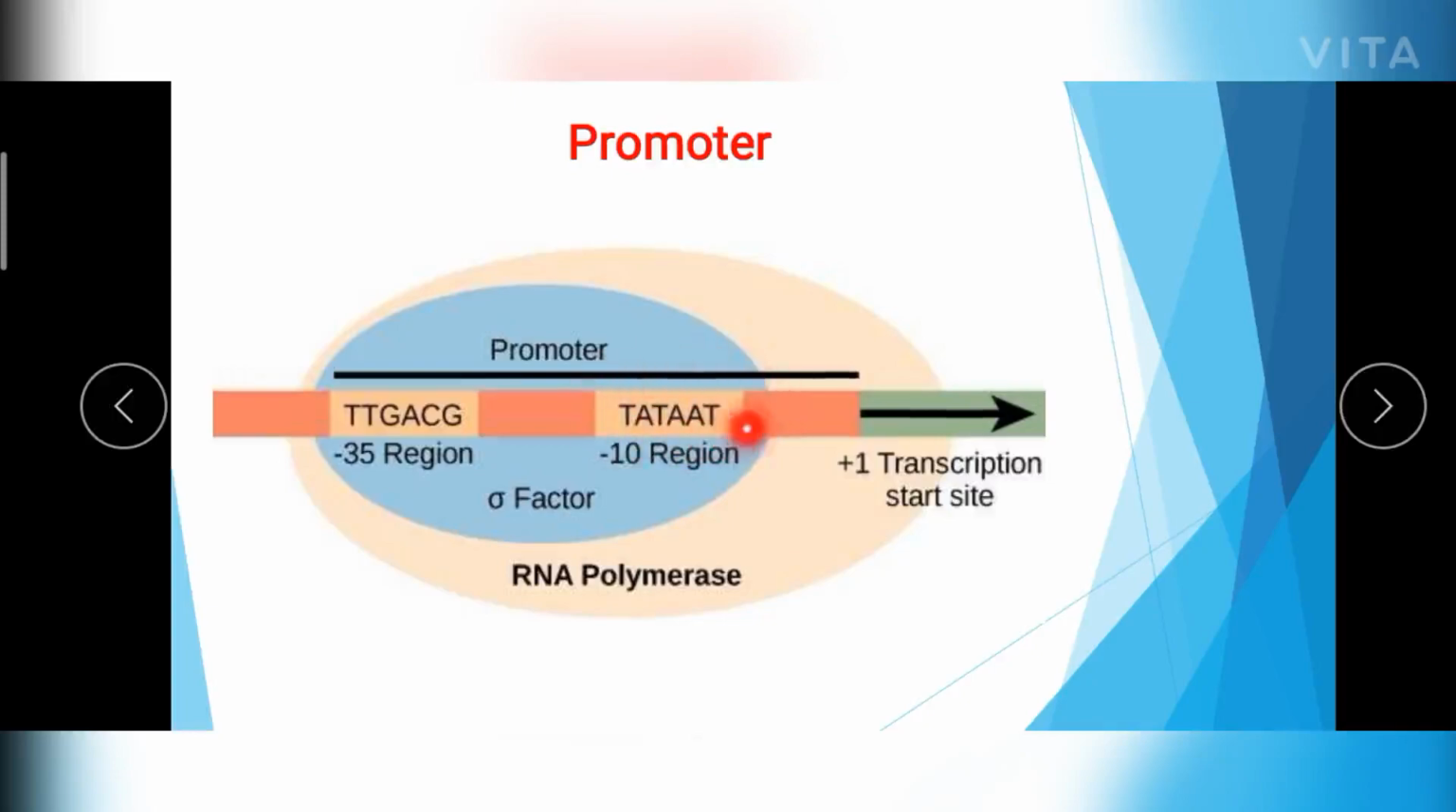In prokaryotes, it is the Pribnow box or the TATA box, because it contains TA, AT sequence. It's also called the TATA box, and the -35 region contains this 6 base pair sequence TTGACG. At these regions, the RNA polymerase enzyme will come and bind and initiate the transcription